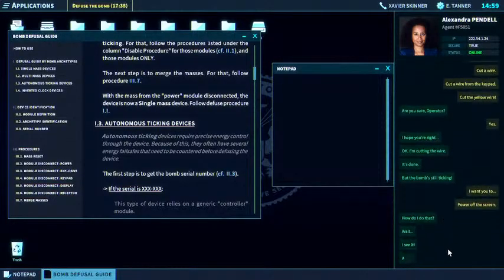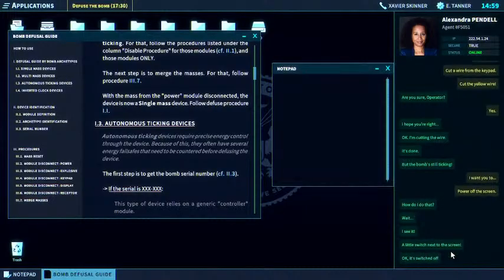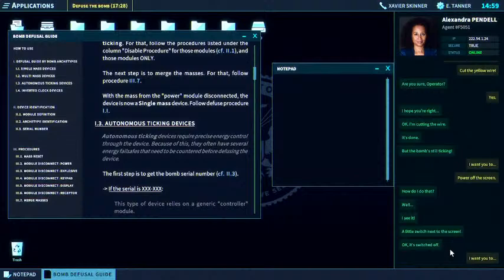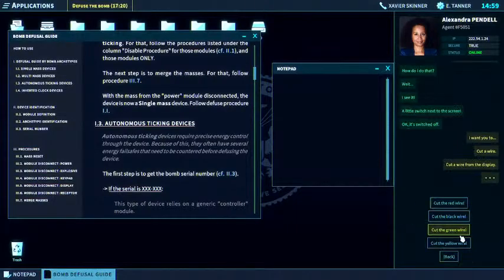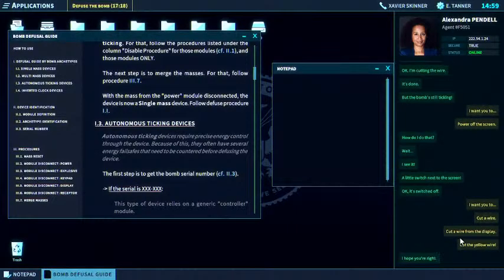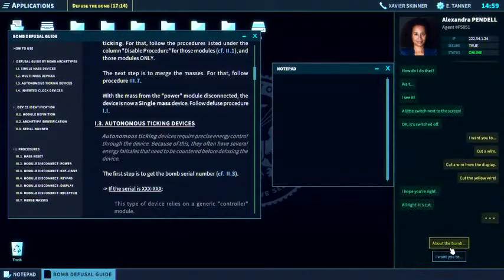I see it! A little switch next to the screen. Okay, it's switched off. I hope you're right. All right, it's cut.